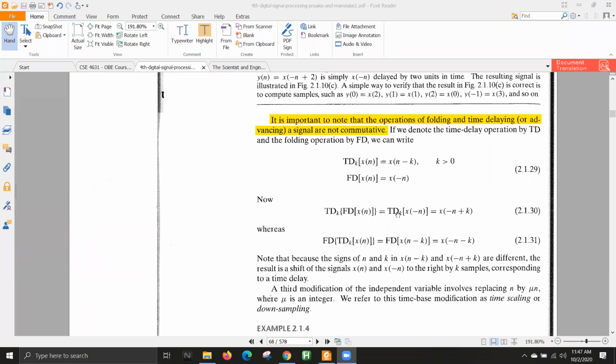Suppose you are supposed to left shift, মানে কি আমার এই প্লাস k থাকার কথা, রাইট? সো আমি যদি TD-টা মানে left shift-টা পরে করি, তখন আমার প্লাস k-টা এই x[-n]-এর পরে জাস্ট প্লাস k অ্যাড হয়ে যাবে। কিন্তু আমি যদি FD পরে করি, TD আগে করি, তখন আমার এই মাইনাস k-টা আগে হলো, দেন এই পুরো হোলের মাইনাস, এই পুরো জিনিসটার মধ্যে আমাকে একটা মাইনাস লাগাতে হবে, তখন এটা এই independent variable-এর আগে মাইনাস চলে আসবে।